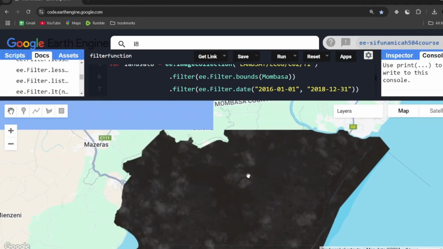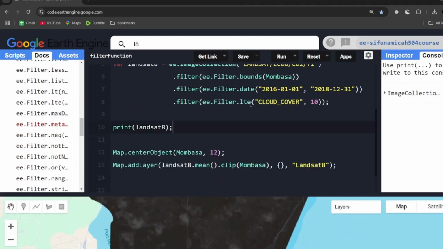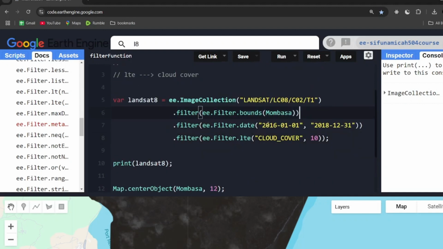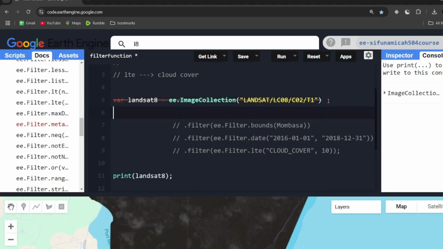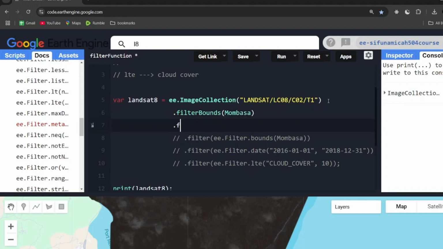So you can see here we have a filtered image, which has filtered the bounds, date, and the metadata. So this is an alternative way to use the filter function. Otherwise, as I said, we can comment this out and we can still get the same result. So ee.filterBounds, and I say Mombasa, like this. Then I say dot filterDate. So this is for date, and the date is, as always, the start date